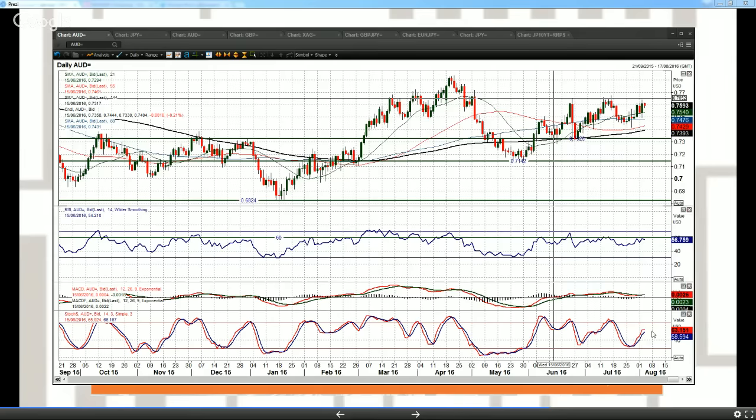Will we get a continued sort of move on the stochastics higher? Well, I'm already starting to see a bit of slowing in that move. Now this is interesting, this candle here, that candle came on the back of a rate cut from the RBA. Now theoretically speaking, you would imagine the Aussie would be weakening on the rate cut, so that just shows you the strength of the dollar, US dollar, that is selling pressure, that the Aussie actually closed higher on the day. But certainly around 76.50, I think that's where the resistance starts to come in,